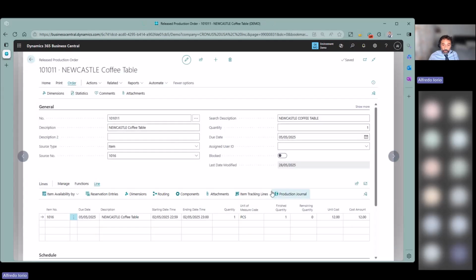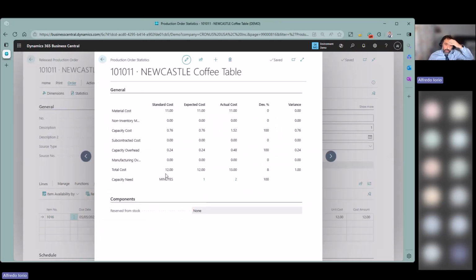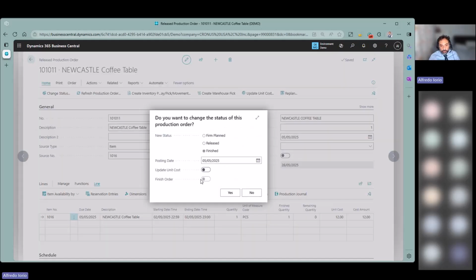Okay, so you can see unit cost and unit cost amount. So with essentially the variance, you can see the total cost is 12. So my item is valued at 12, which is standard. My actuals are 13. So far, it's fine. We don't have variance and we don't have the actual. So when I change the status to finished and I ask the system to update this unit cost, I get